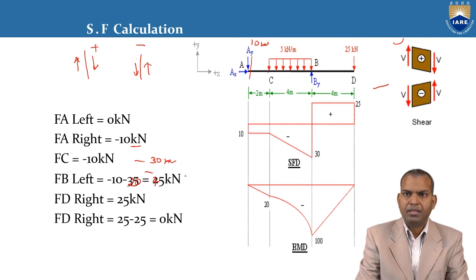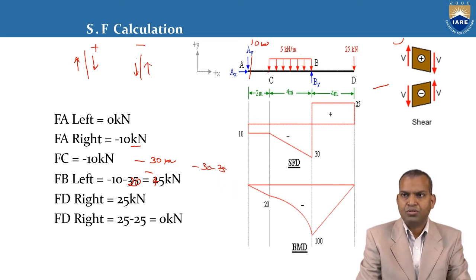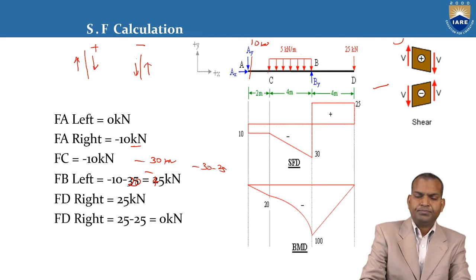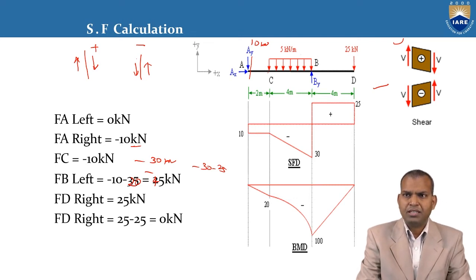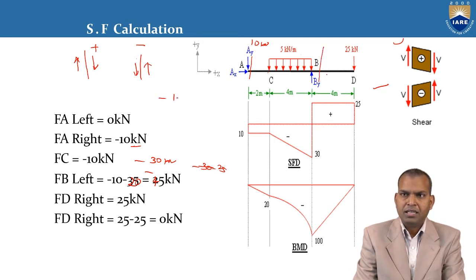FD right, what will happen? Minus 30 minus 25, that is minus 55 kilonewtons. And if you go beyond that, it becomes 0. So now here, the shear force at section B, if you go for FD right, then what is the shear force at FB right, if you consider, now minus 10